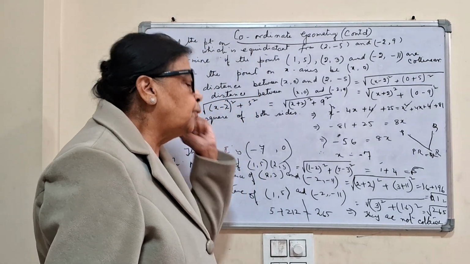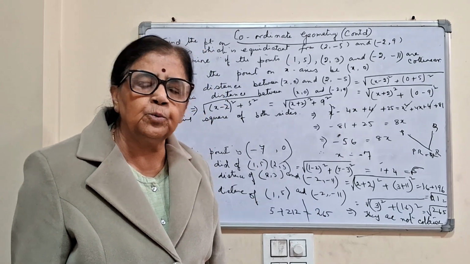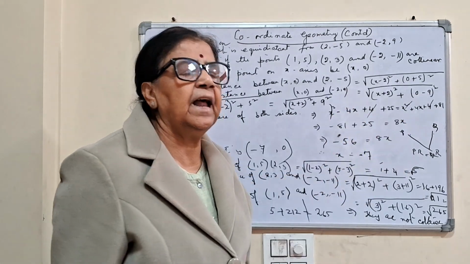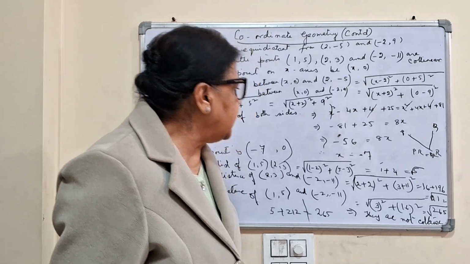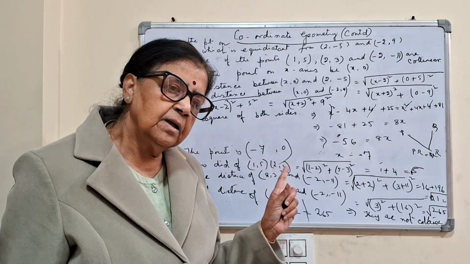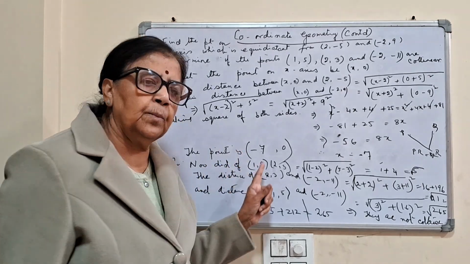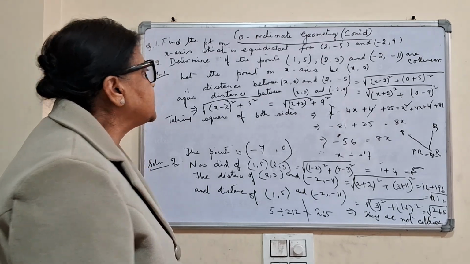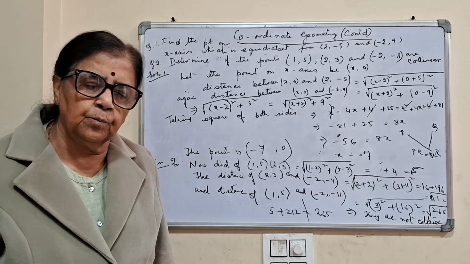So I can cancel x square on both the sides. 4 is common to both the sides, and then I bring x to one side and the numbers to the other side. Then we get 8x equals minus 56, that is x equals minus 7. That is, the point is (-7, 0). Therefore, the point equidistant from these 2 points is (-7, 0). Okay.